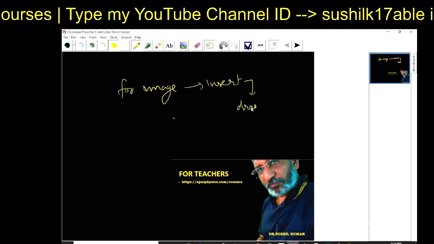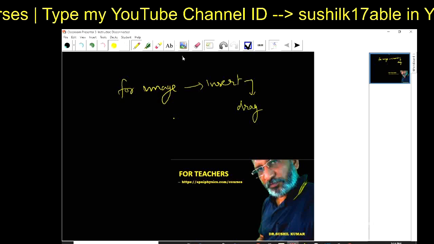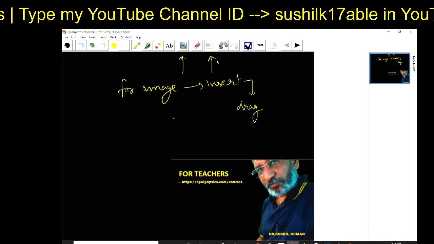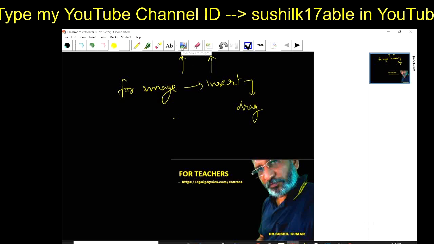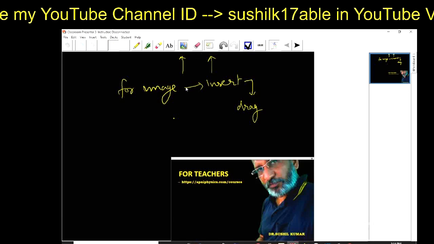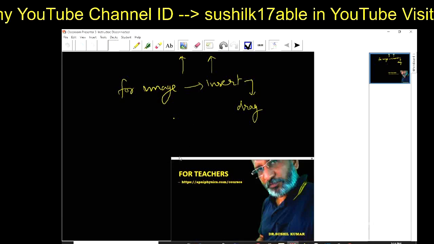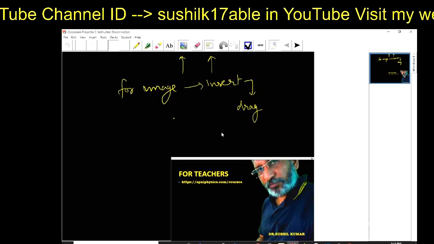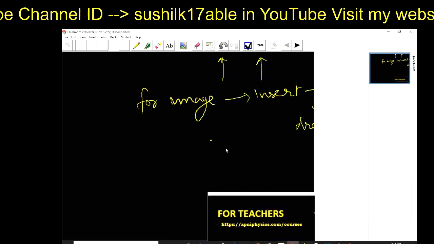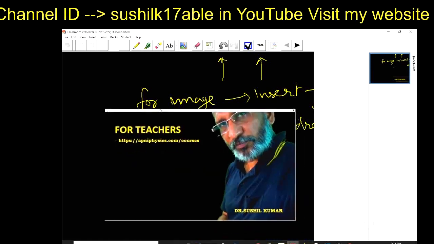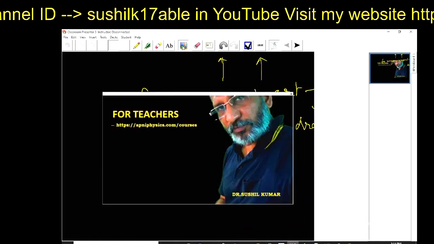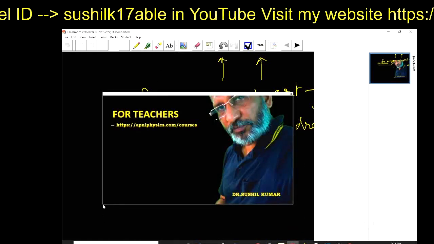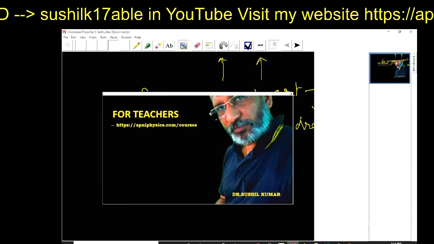For dragging, you just require this tool, which is Move and Resize. If you want to resize, you just select it, and then move the sides from the bottom side or any.